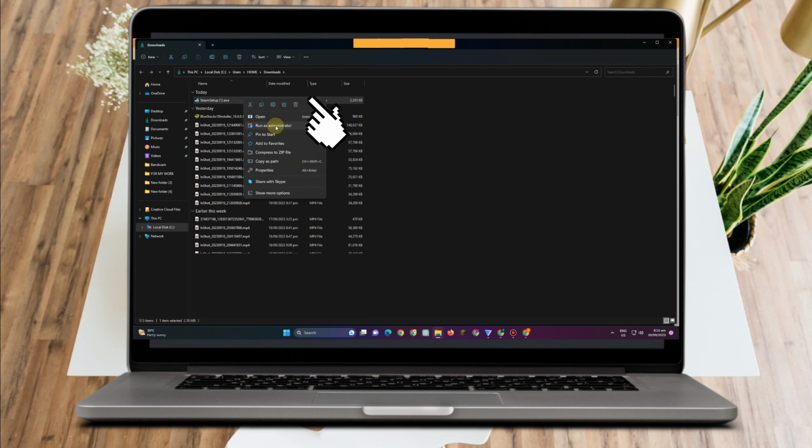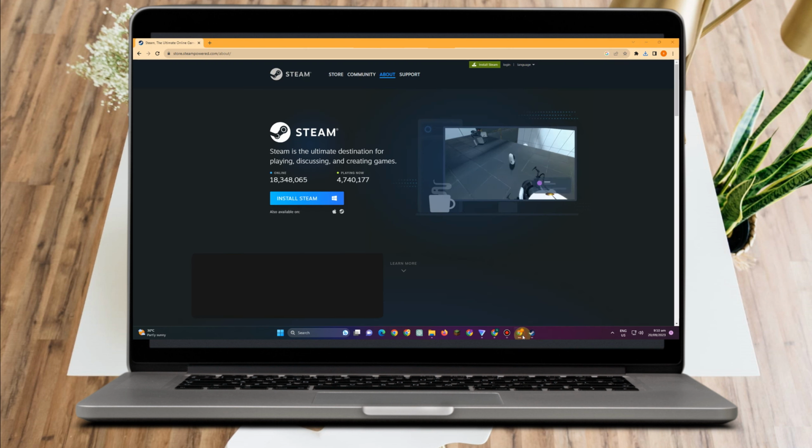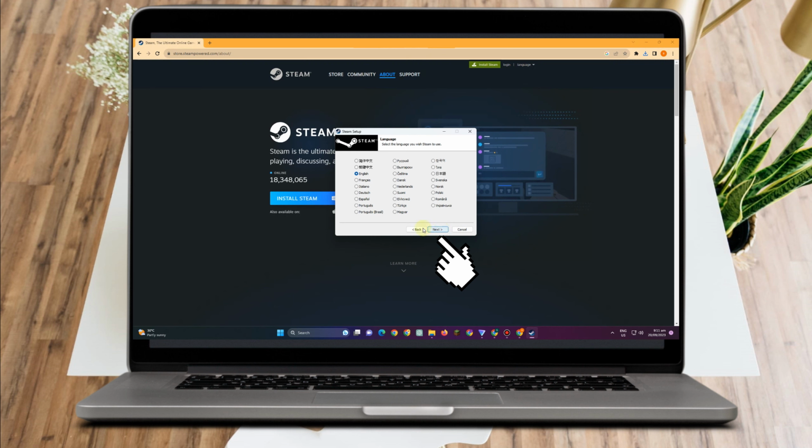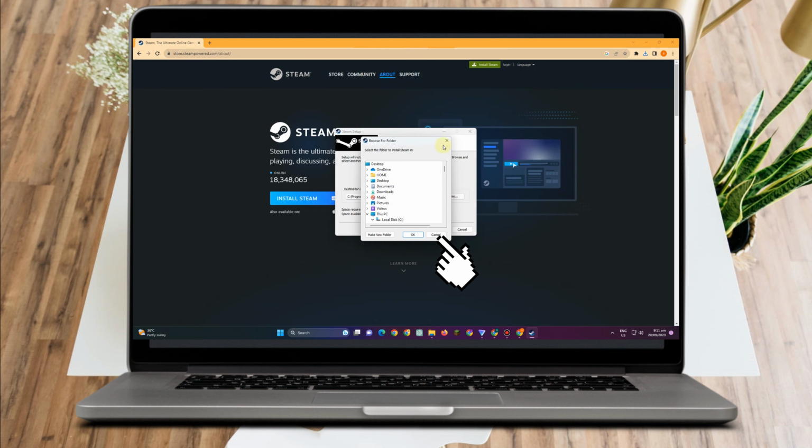Okay, scroll down, tap this one, and then wait as it is processing. Okay, all you have to do now is to click next. So we have here, welcome to Steam setup. Click next. Okay, tap language, click next, and then you can also browse if you want to save it to